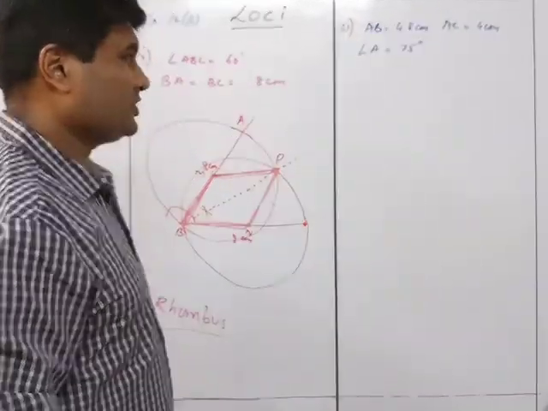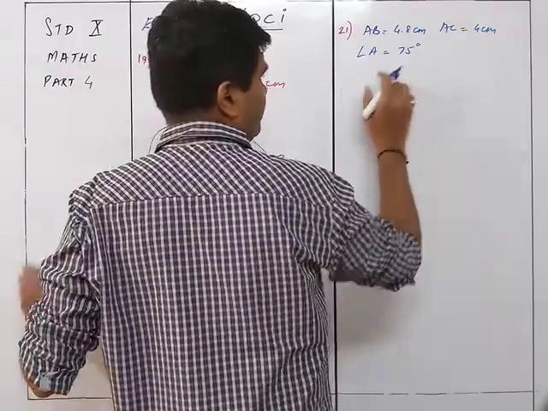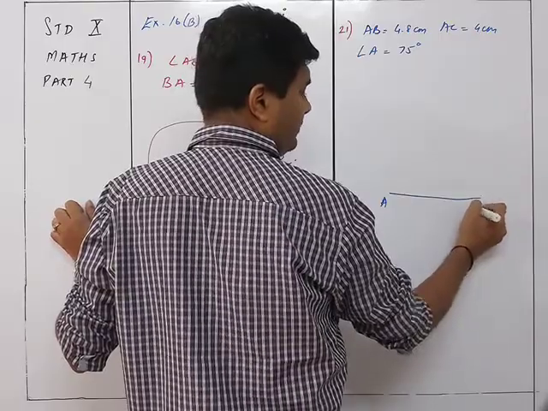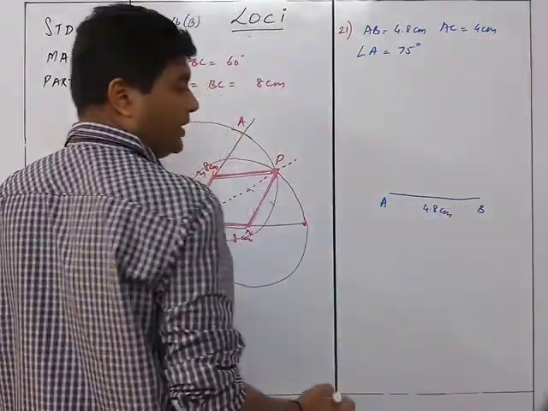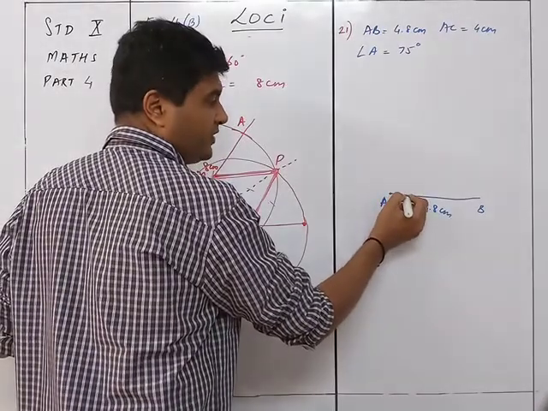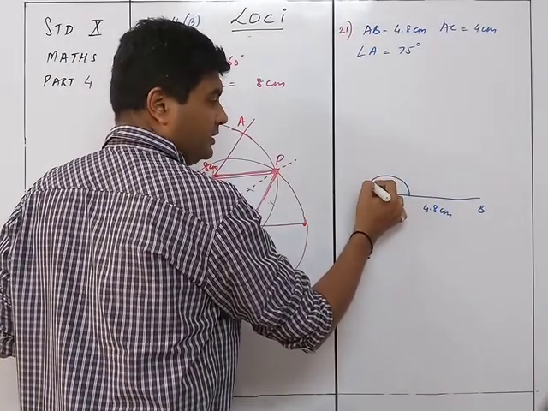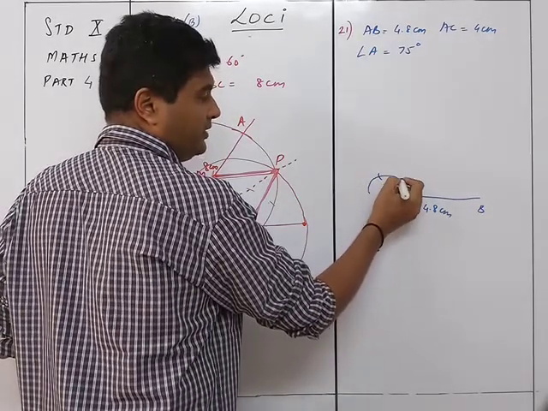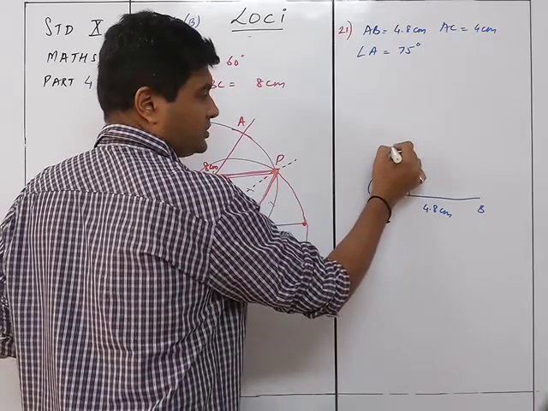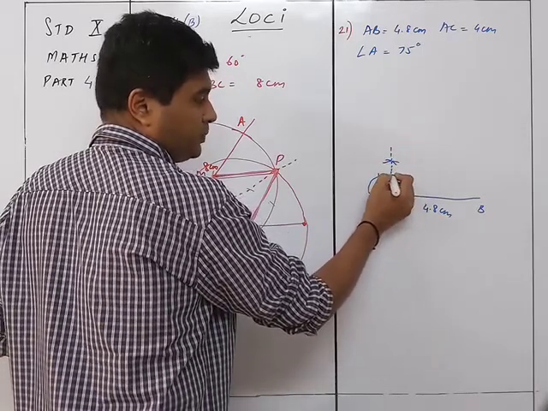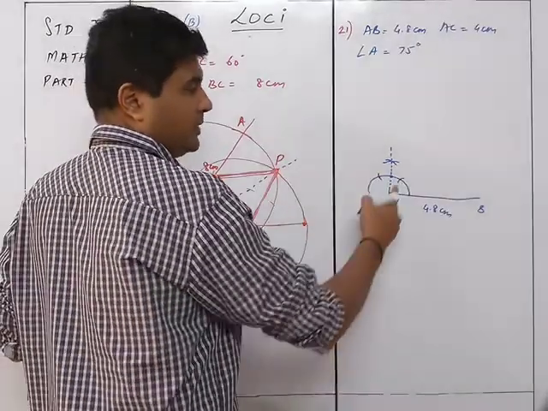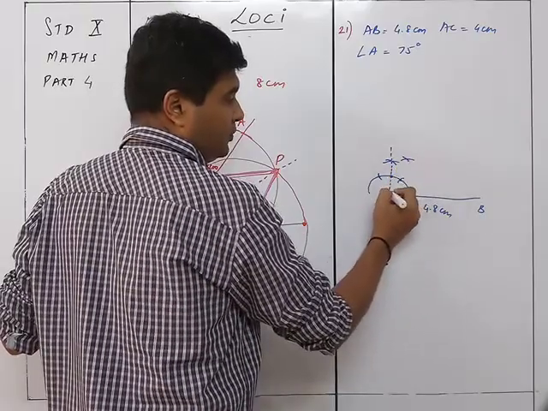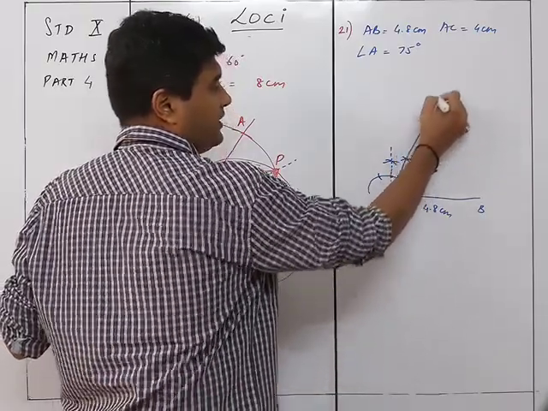Okay, first of all let's draw this diagram. So this figure will be such that AB is 4.8 centimeters. Now I need to draw 75 degrees. How do you draw 75 degrees? This is a semicircle. From here, first arc 60 degrees, second arc 120 degrees. From here again, this gives you 90 degrees. From this point on the circumference of the semicircle and this 60-degree mark, you are going to draw arcs to give you the required 75 degrees.